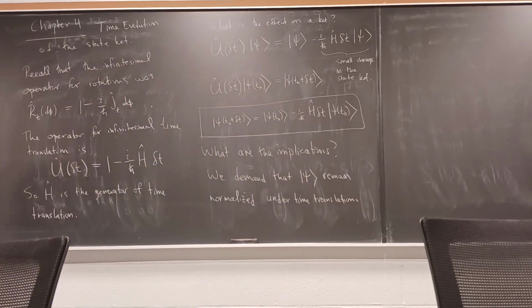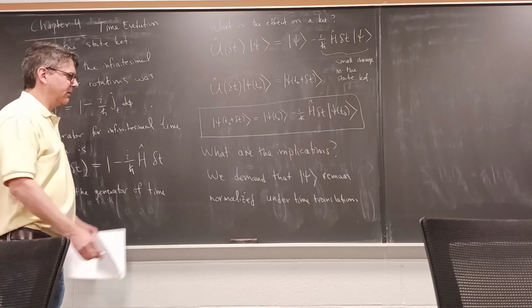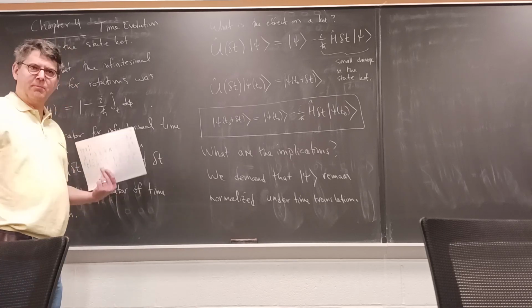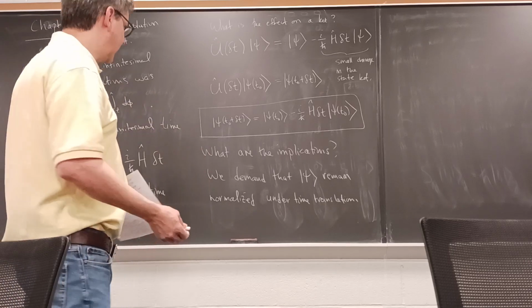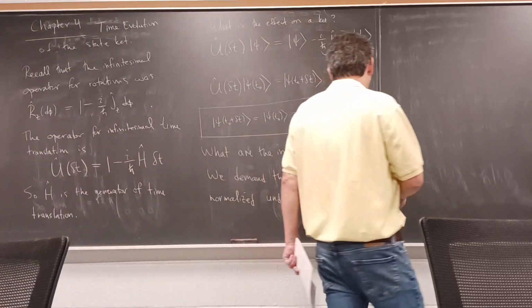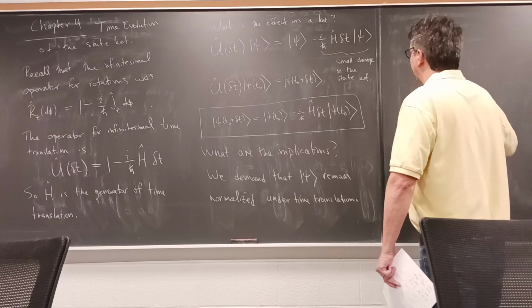Okay, and the reason is that if you don't, then the probabilities change. That means your probabilities might not add up to 1 if you do an experiment, and you can't have that. So we want them